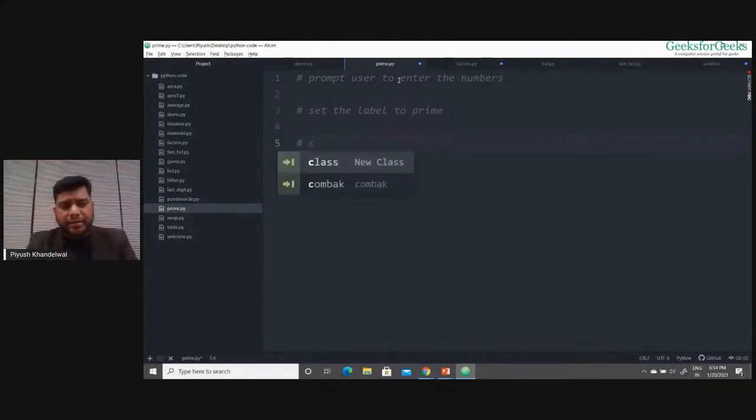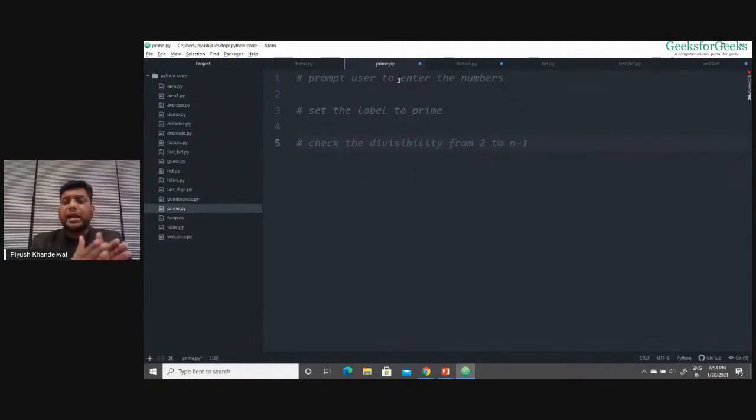After that, I'll check the divisibility from 2 to n minus 1. So start will be 2 and end is n minus 1 in this case.